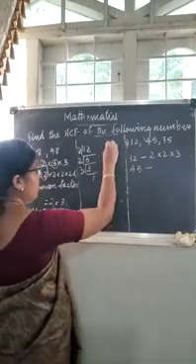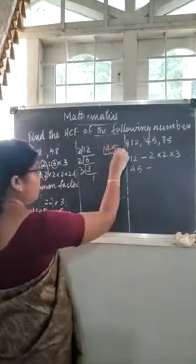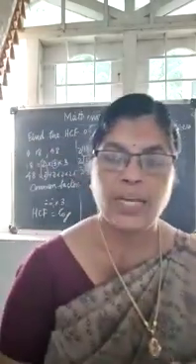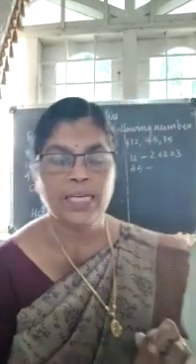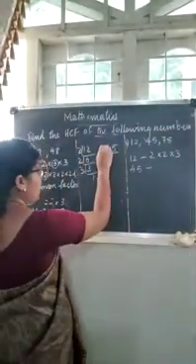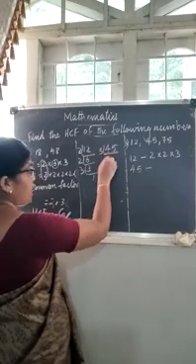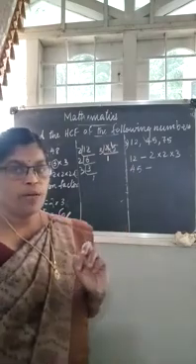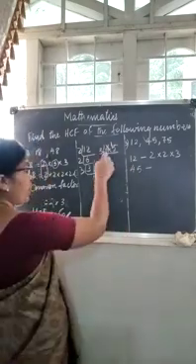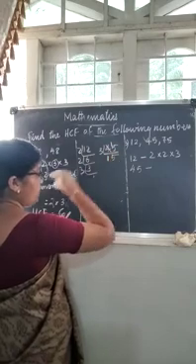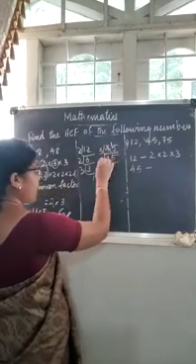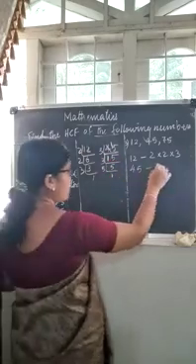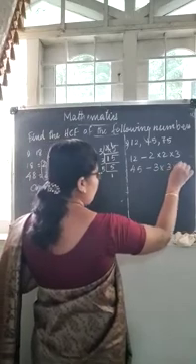45 prime factors: we cannot divide by 2, so let us take 3. 4 plus 5 is 9. 9 is a multiple of 3, so we can divide 45 by 3. From 4 we can take 1 3, 1 3 is 3, balance is 1. 4 minus 3 we get 1. So 15, how many 3s? 5 3s are 15. Again we can divide by 3. 5 3s are 15. 5, 1. So the prime factors of 45 are 3 into 3 into 5.